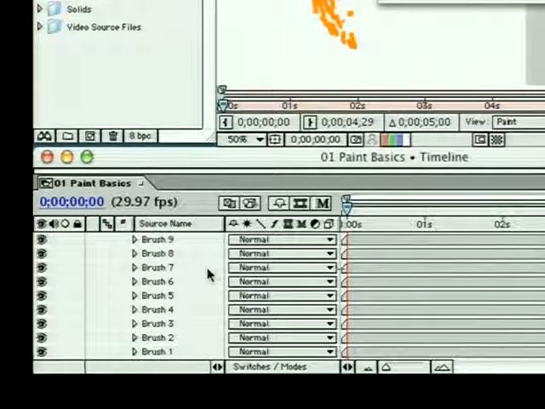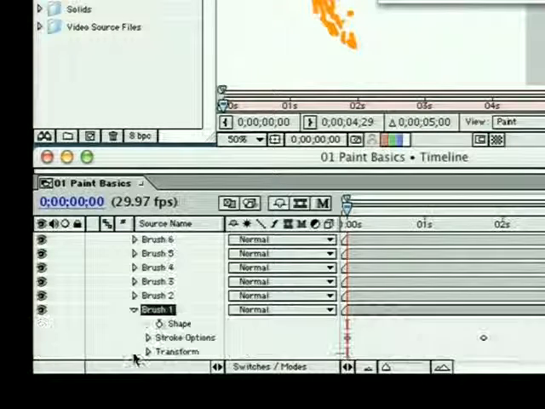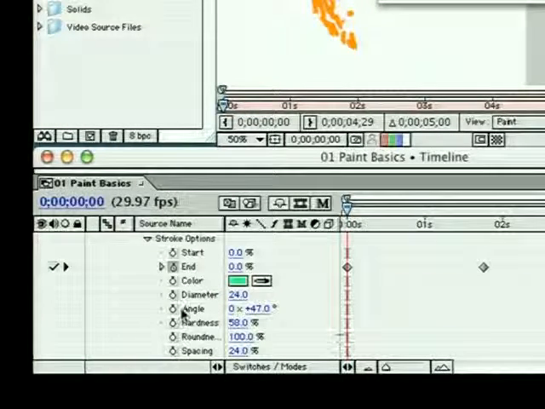So do keep your eye on that. You have to be very careful. Now, the one I wanted to point out was brush 1, which should be our write-on text that we created. I'm just going to drop down there, and you can see that I have 2 keyframes. They're actually slightly hidden at the moment because we're not seeing the options. If we go to the stroke options, we can see that a keyframe was applied for the end point, and